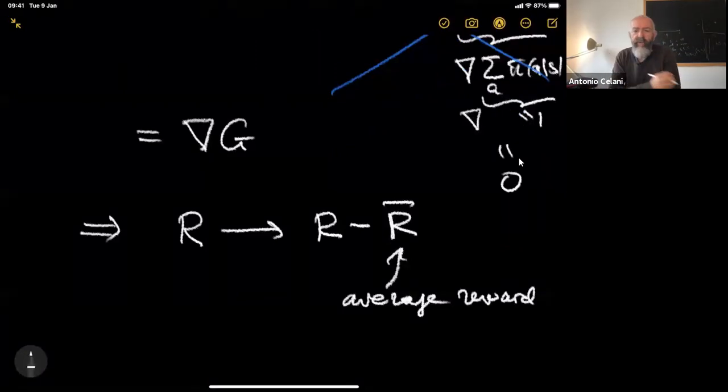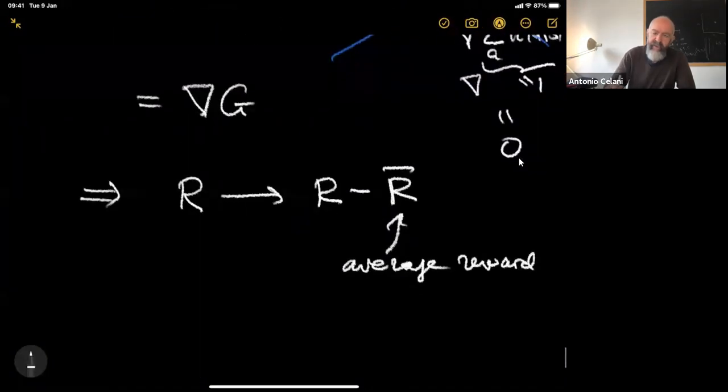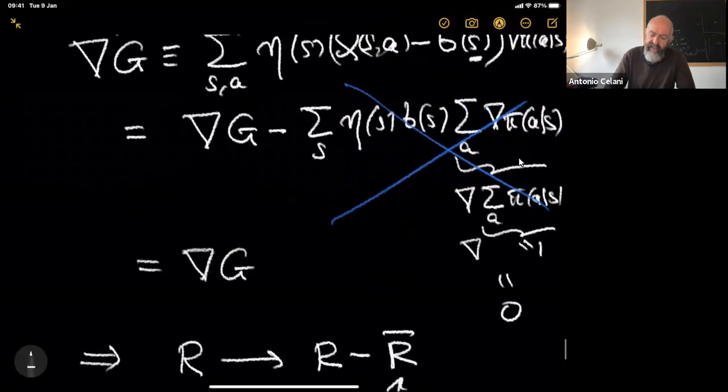And this will remove all my dependency on the offset so that I am able to find an algorithm which has smaller variance. So the gradients which are estimated with the baseline may have a lower variance than the gradients estimated without the baseline. Okay, so you can choose whatever baseline. So the choice of the baseline here